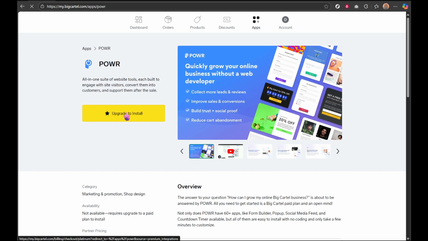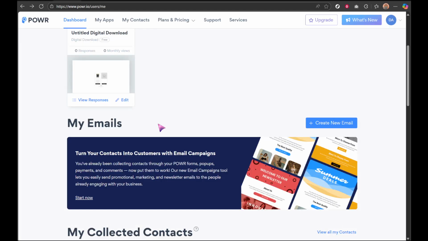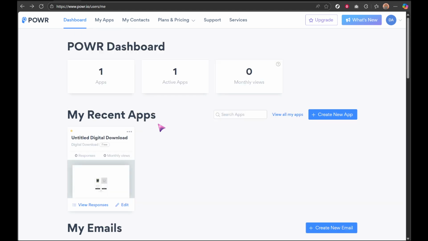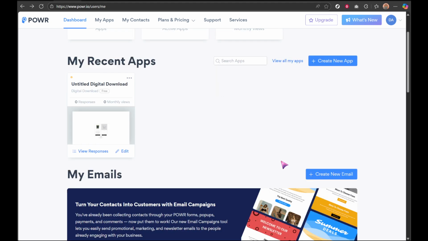POWR offers a range of customization tools. Feel free to experiment with colors, sizes, and playlist options to make your music player truly stand out. This personalization not only helps convey your brand's personality, but also ensures that the player integrates seamlessly with the aesthetic of your website. Once you're satisfied with your customized player, the next step is to publish it. By clicking Publish,